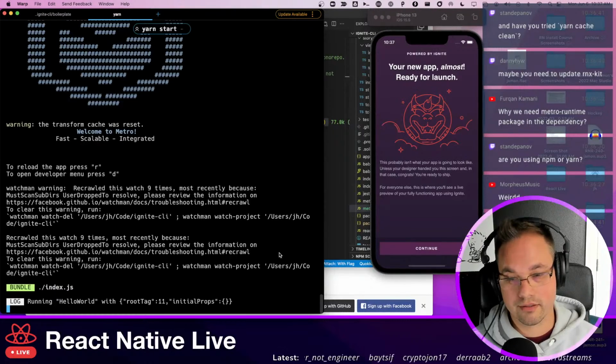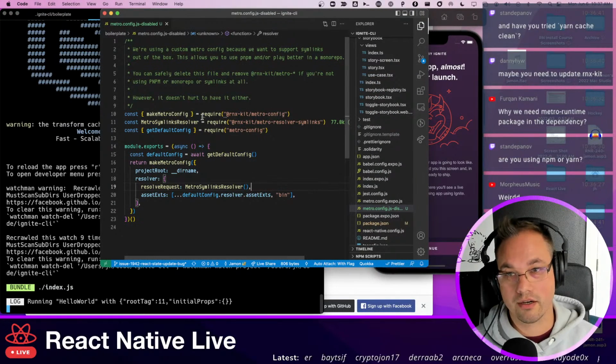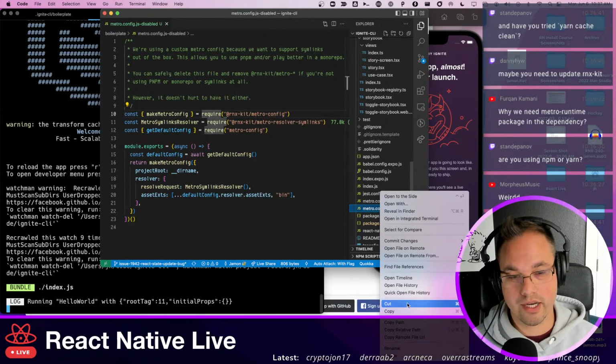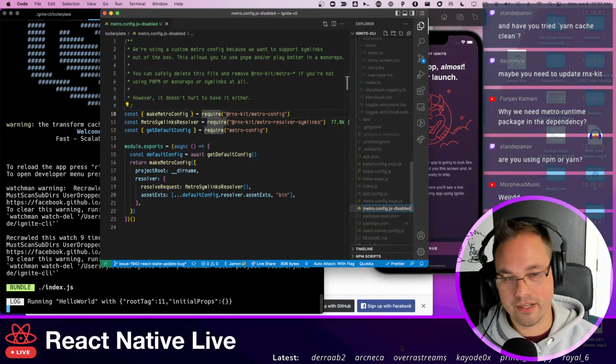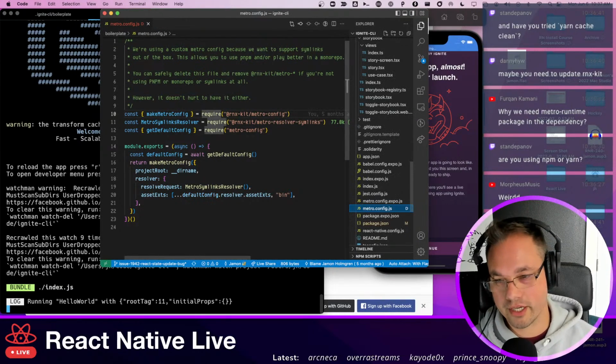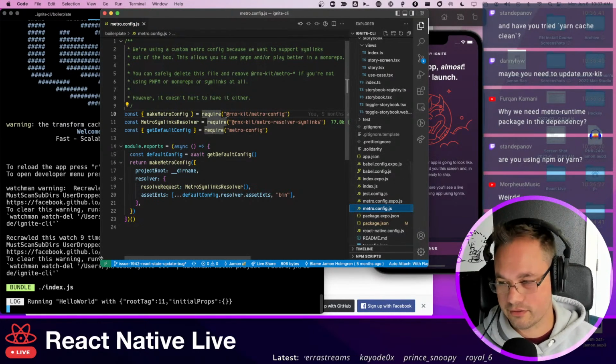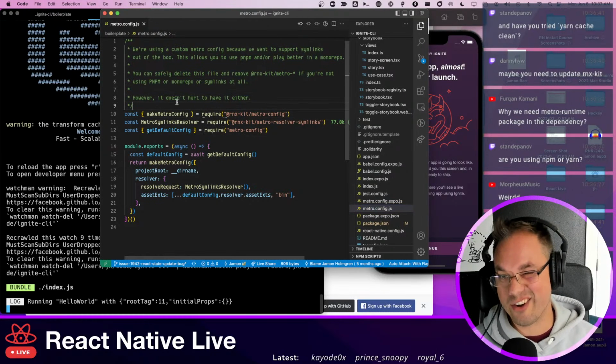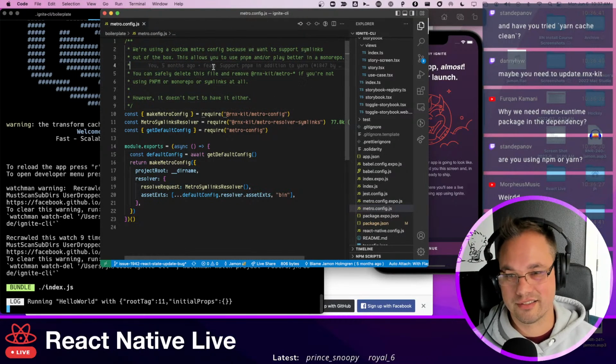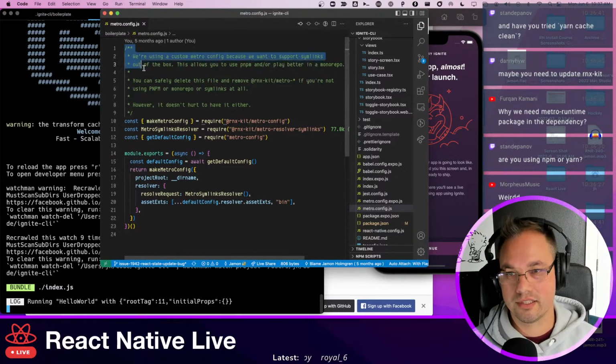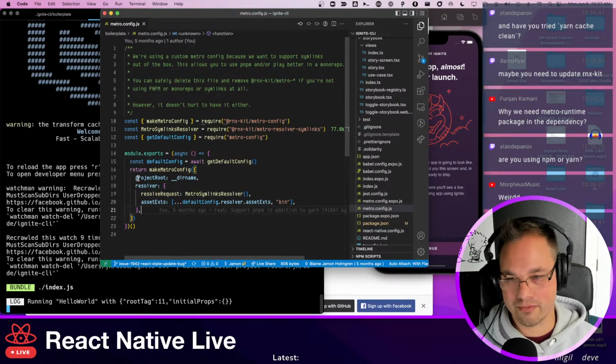RNX kit is being problematic here. All right, so let's rename this again. We're getting somewhere. Yeah, Danny, or maybe I need to downgrade RNX kit. This is all Adam's fault. Okay, so